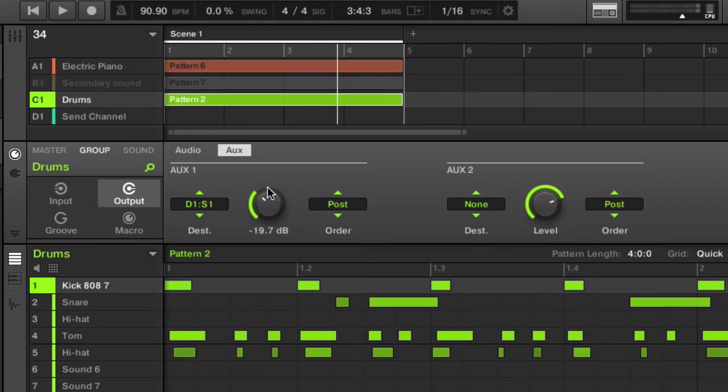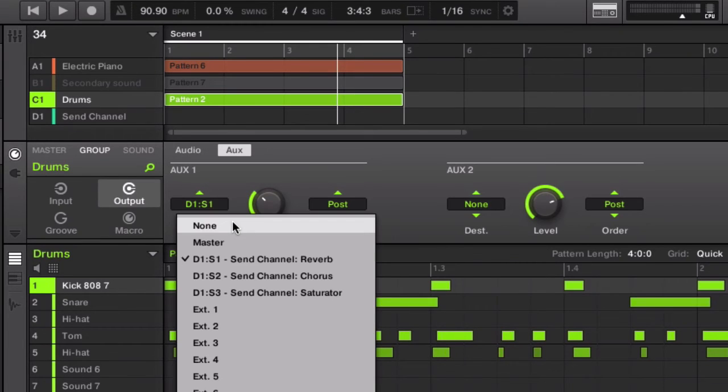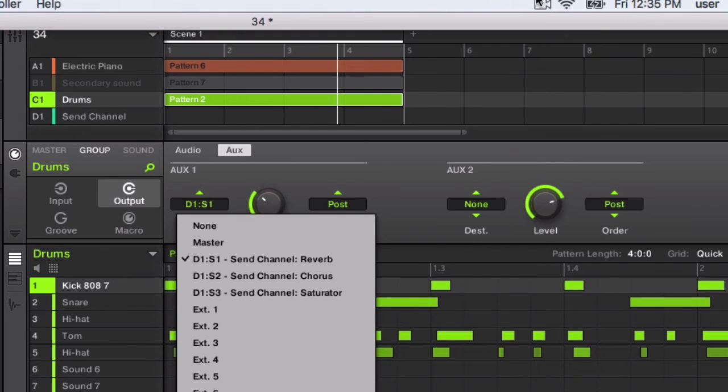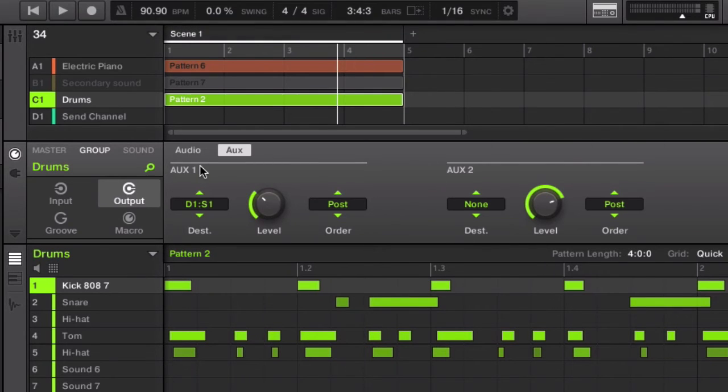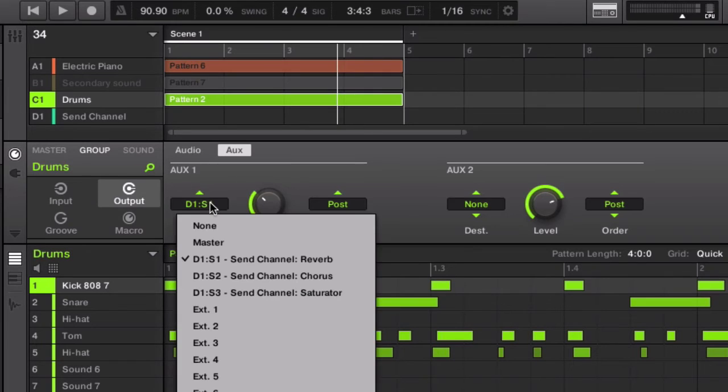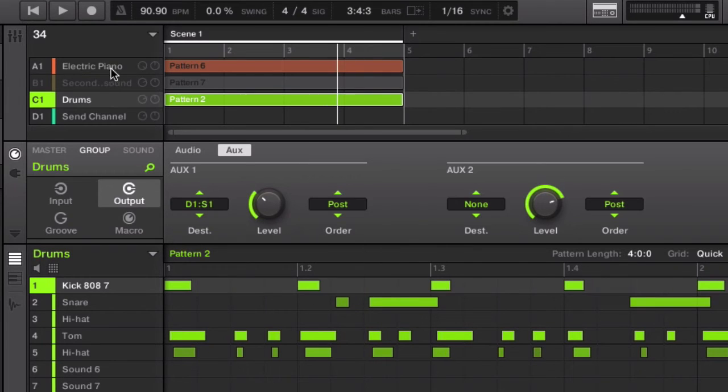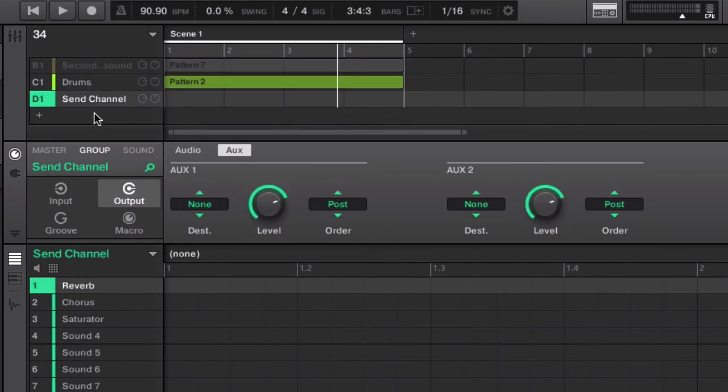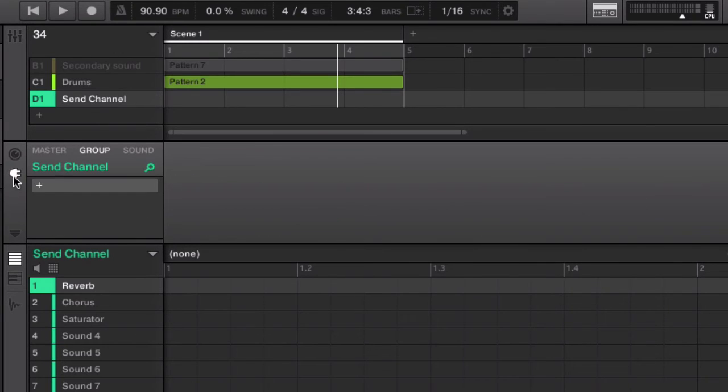Okay, so we applied subtle reverb to both the drums and the electric piano. And as you can see, what I did, when you're applying reverb, you make sure to really test the reverb sound. A lot of times you can apply too much in certain situations and it can be overwhelming in your mix. You want to make sure that you take it in and out to make sure that the levels are right. And then what we did was we went in and basically